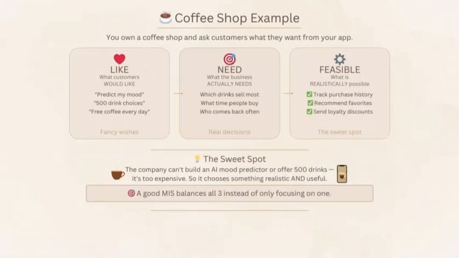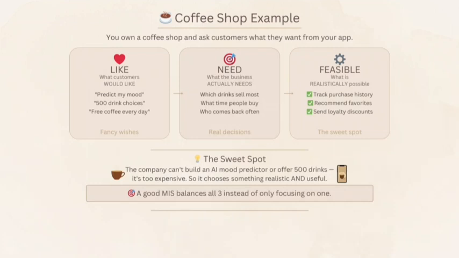Imagine you own a coffee shop and you ask your customers, what information do you want from our app? Some customers say, I want the app to predict my mood. I want 500 drink choices. I want free coffee every day. These are things customers would like, but the business asks, what information do we really need to run the business